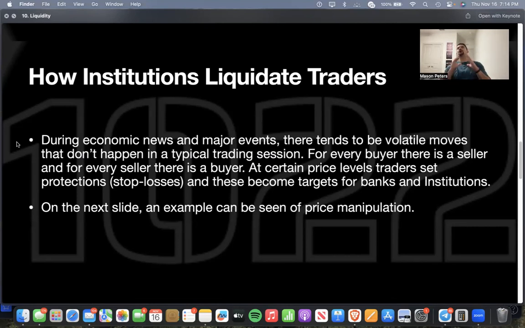This is something beginner traders do not learn until much later down the line in their trading. This very concept right here, that when you place a stop loss, you become a target for the bank, for the institutions, for the smart money. We call it smart money, SMC. You'll probably even learn about ICT, inner circle market traders. All these people, man, they come up with these phenomenal trading ideas and concepts, and one of them is just liquidity.